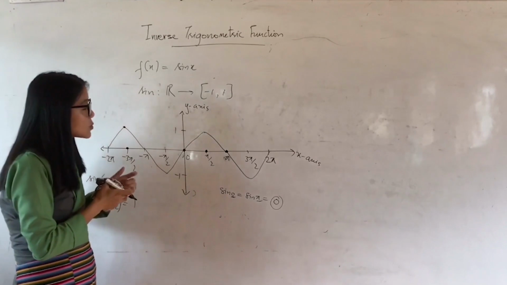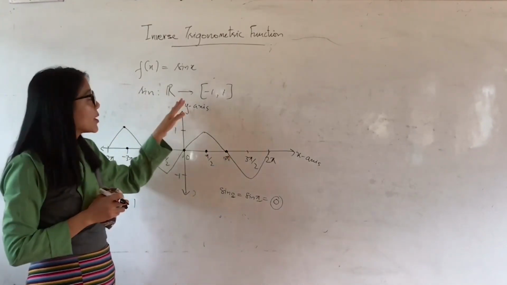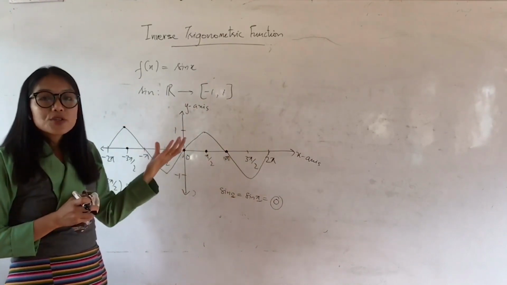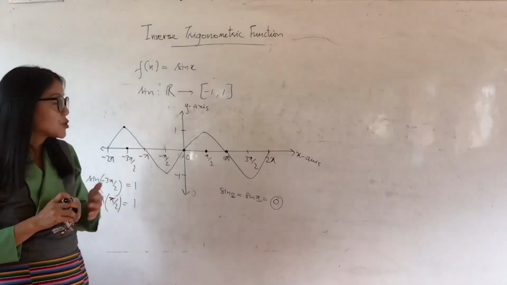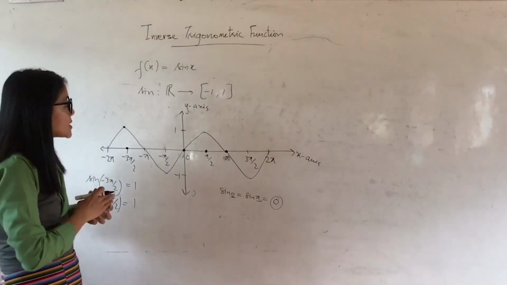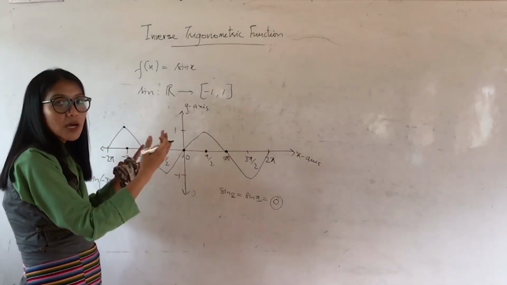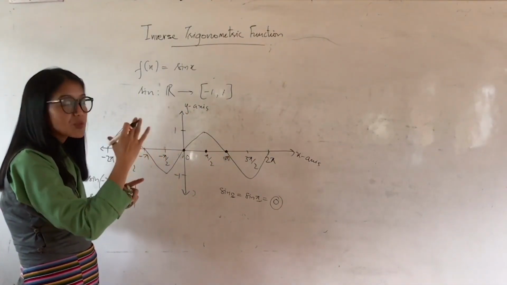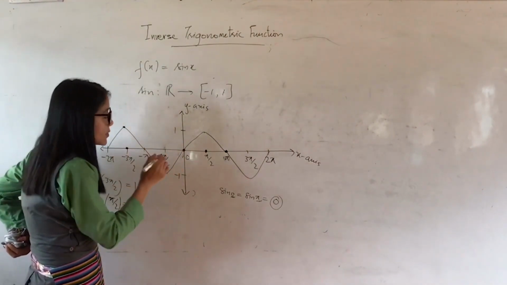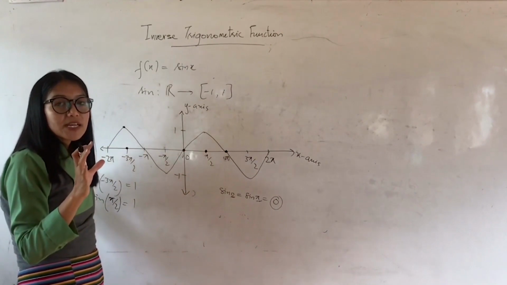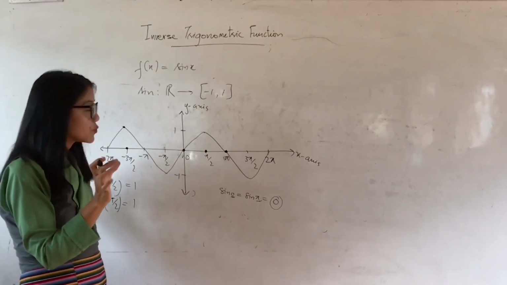So therefore, what I mean to say is, if you consider the set of all real numbers as the domain of sine, then the function does not become bijective. Hence, we cannot find the inverse of the function sine. So now what I'm going to do is, instead of taking the set of all real numbers as the domain, I'm going to restrict the domain of sine into smaller intervals, in which I can say that sine is bijective. And for the function to be bijective, it has to be 1-1 and onto.